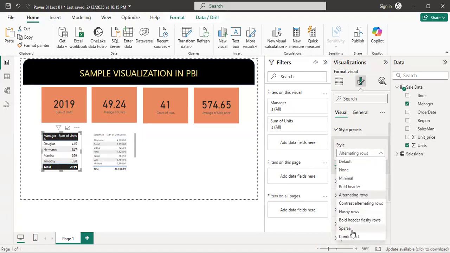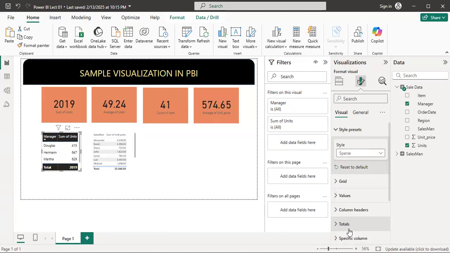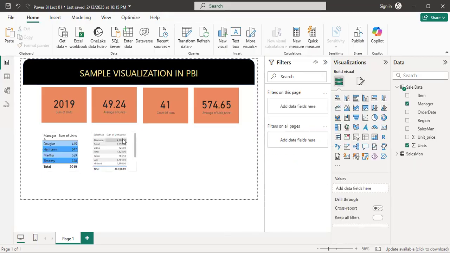Try different styles and then use what you want. Make it look beautiful. All right. So that's how you create